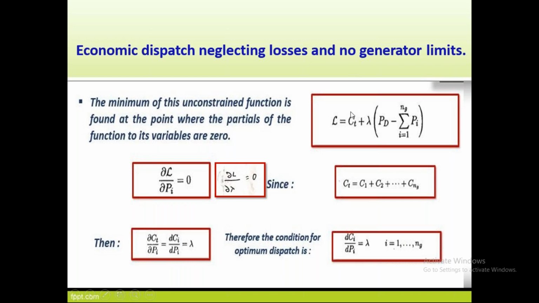You have to remember the first three equations: one is the cost equation, another one is the power demand equation, and the third one is the Lagrange multiplier. After that, the Lagrange multiplier should be solved in two cases. One is differentiating with respect to Pi and the second case is differentiating with respect to lambda. If we solve these two cases, you will get these two equations: this one by case 1 and this one by case 2. Case 2 is Pd equals summation of Pi. So we can apply these two equations by solving these two cases. Let me go to the next slide.